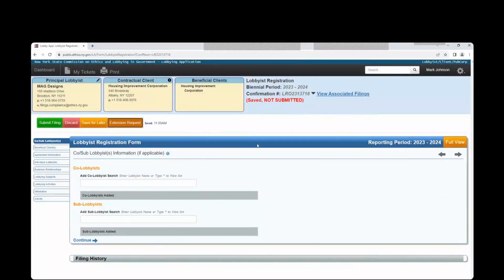Okay. So this is the first page of your statement of registration. You'll notice that this is the co- and sub-lobbyist information form, if it's applicable. A lot of registrations do not even have a co- or sub-lobbyist, but there are, on occasion, some agreements that do. If you're not sure